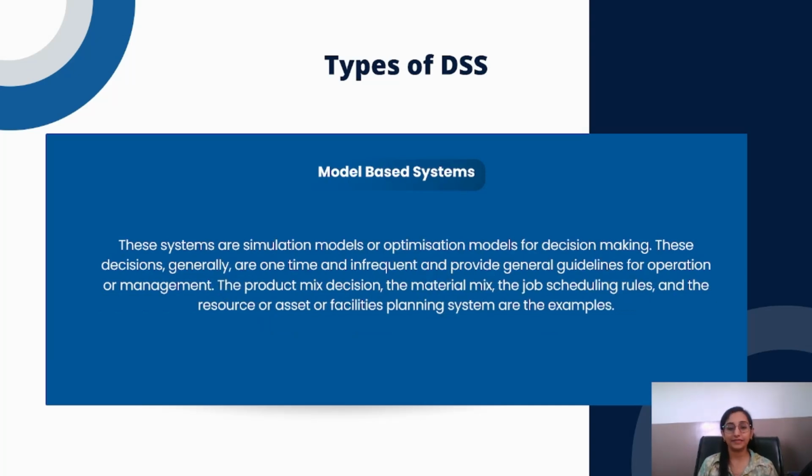Another type of DSS is model based systems. These are systems that utilize models for simulation and optimization to assist in decision making. These systems use simulation models to mimic real world scenarios, allowing decision makers to test different strategies and see potential outcomes. Optimization models help find the best possible solutions to a problem by maximizing or minimizing certain